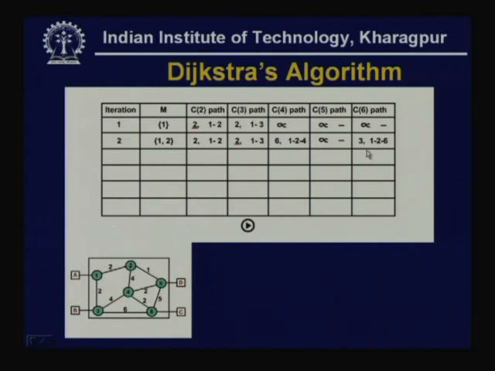So, for 6, as you can see, the path is 1, 2 and 6. So, cost is 2 plus 1, 3, as it is given here. Now, in the third iteration, 3 is added in the list, and after adding 3, obviously 5 is also now reachable from 1. After including 3, we find the cost for 2 from 1 to 2 remains the same, cost from 1 to 3 remains the same, but cost for 4 has now changed, because